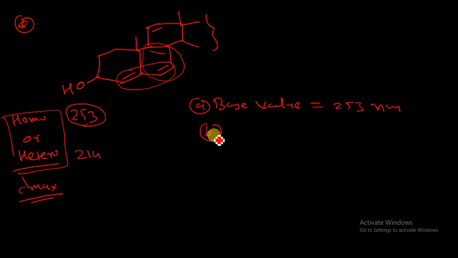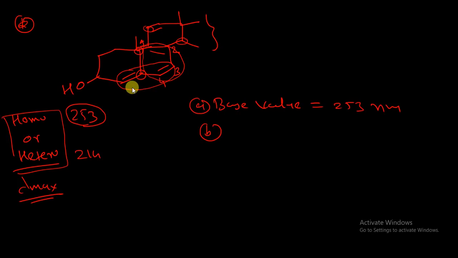Second, if I am having any ring residue present in the structure, I have to consider this as ring 1, 2, 3, 4. Now look over here. There is one ring residue, this is our second ring residue, this is our third ring residue, this is our fourth ring residue. Suppose I consider here 1, there is 2, here I am having a 3, here I am having a 4. So there are a total of 4 ring residues.